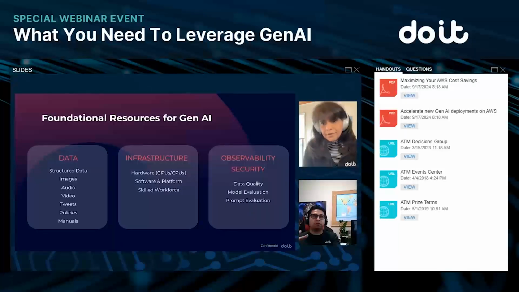Infrastructure, GenAI models. Although you can run some models on your local laptop, those are small models. The term is small, large models, if that makes sense. It's large because it's larger than what we've been working with in previous years. But it's small compared to something like Llama 3 70B with 70 billion parameters, which is huge. It requires a lot of memory that wouldn't fit in a laptop. But there are ways to compress them. Anyway, I'm diverting. Hardware, you get your GPUs and CPUs.